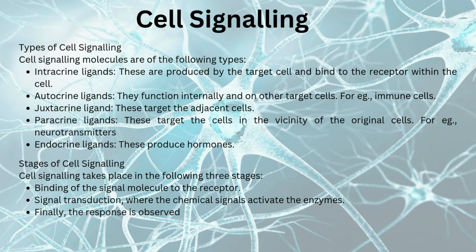Cell signaling occurs in three main stages. The first stage is reception, where a signaling molecule binds to a specific receptor on or inside the target cell. The second stage is signal transduction, where the received signal is converted into intracellular chemical messages through a series of biochemical reactions. The final stage is cellular response, where the cell produces a specific response such as gene expression, enzyme activation,